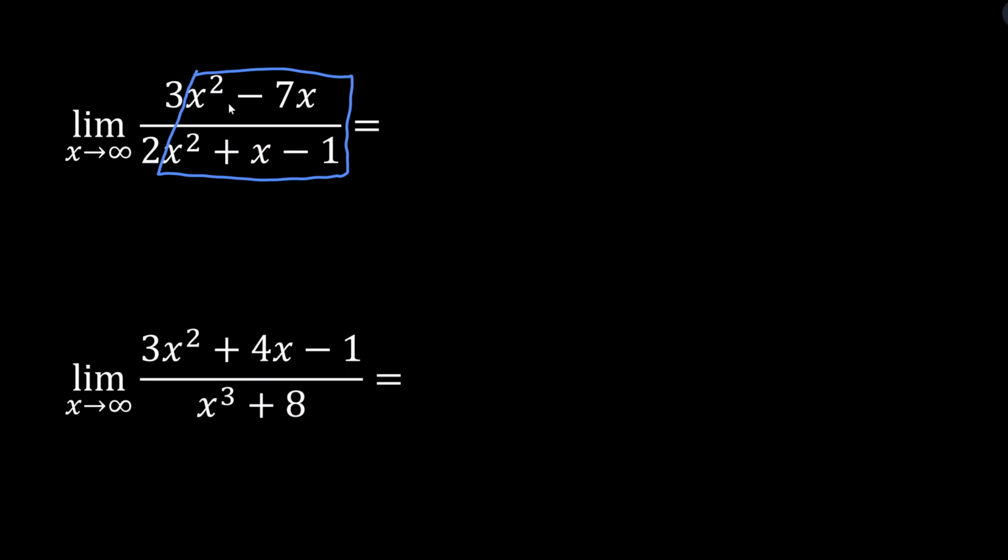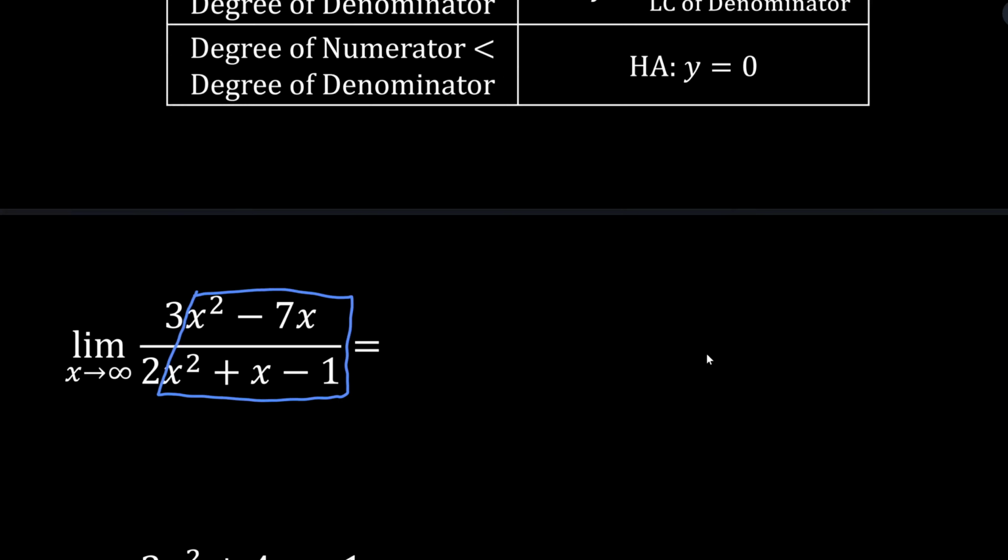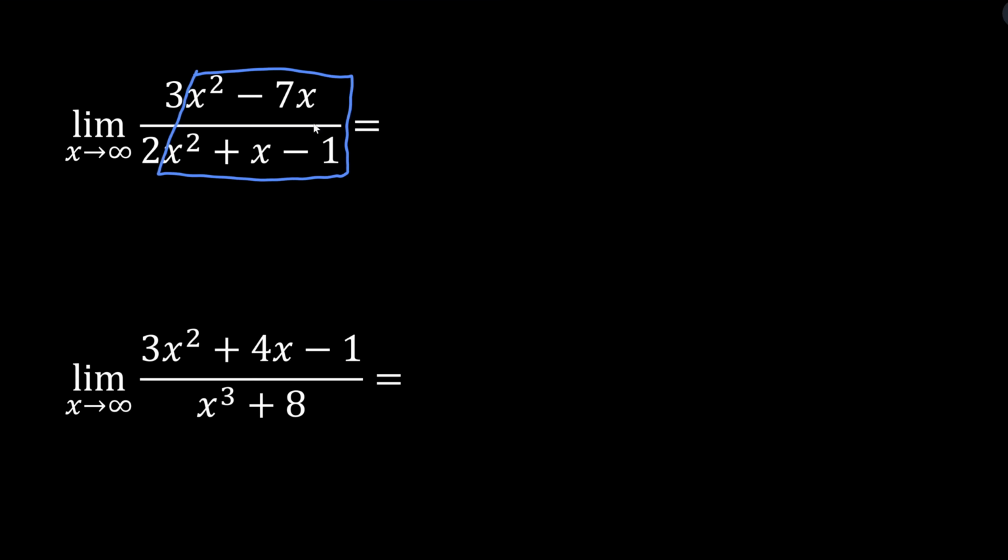They're getting closer to 1 as x gets bigger and bigger, which just leaves us with that 3 over 2 out in front that gets multiplied. And this aligns with our rule, right? The degrees are the same, so the horizontal asymptote is the ratio of these leading coefficients, which is y equals 3 over 2. And so since that's the horizontal asymptote, that's the limit, and it actually wouldn't matter if we